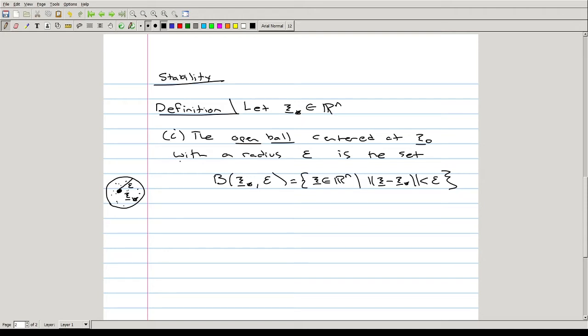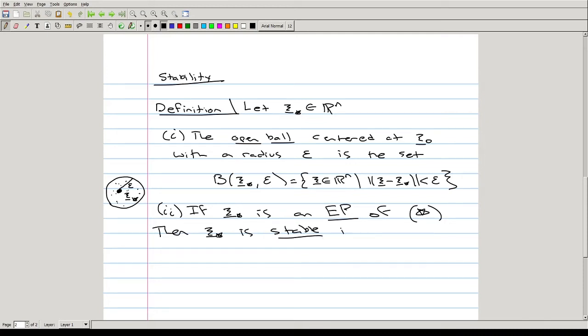So if you remember how we define stability, this is the same thing as saying: if xi star is an equilibrium point of the ODE or initial value problem star, then xi star is stable if for each epsilon ball surrounding xi star